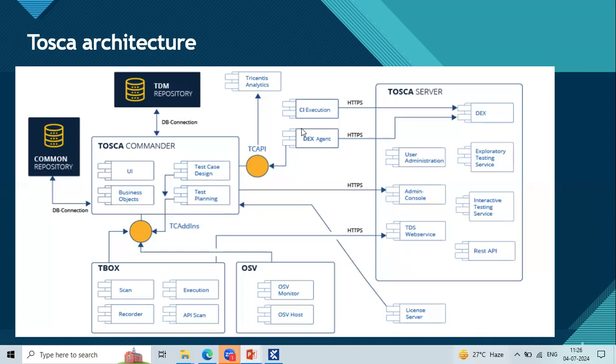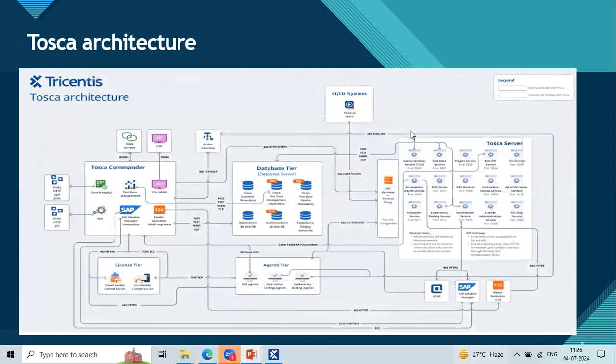But for Tosca 15 and above versions, like Tosca 15, 16, 2023.1, 2023.2, at these version levels, you are able to see this kind of architecture. They just added clarity here, like adding icons. But here also, if you learn Tosca Commander, that is your experience. You can keep gaining experience here around 3 years, 4 years, or 5 years like this. Clear?